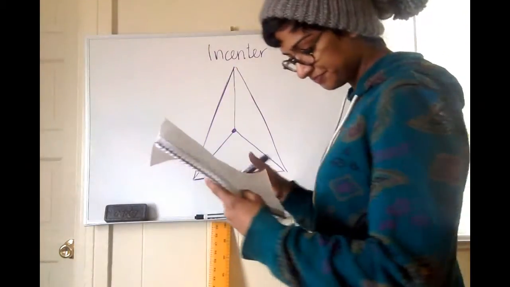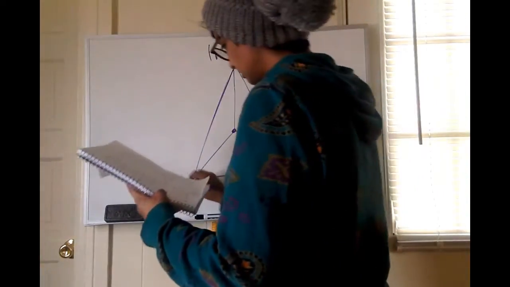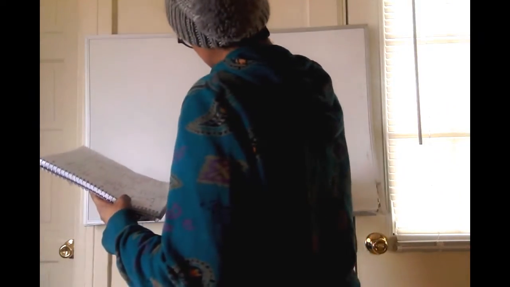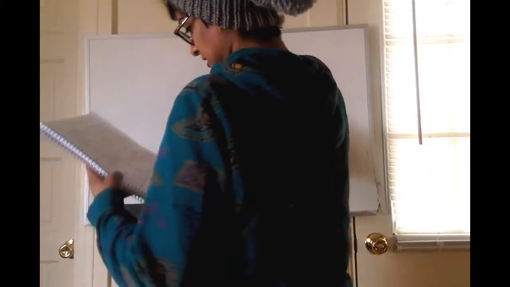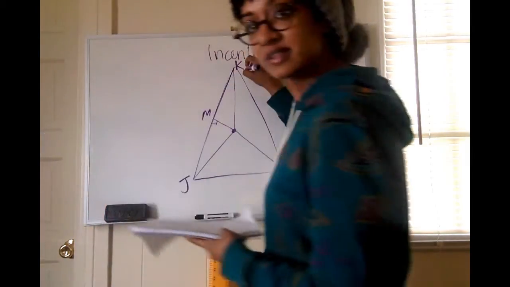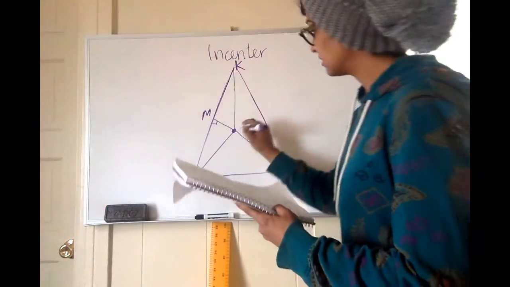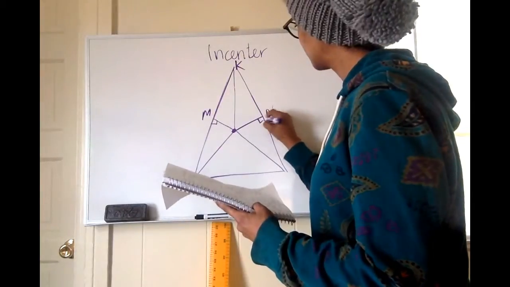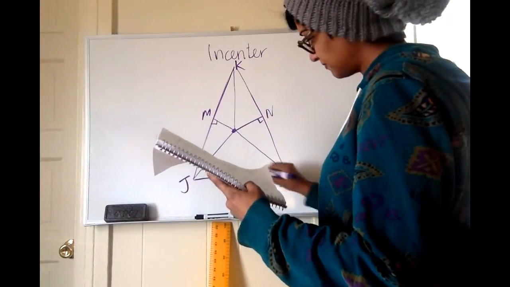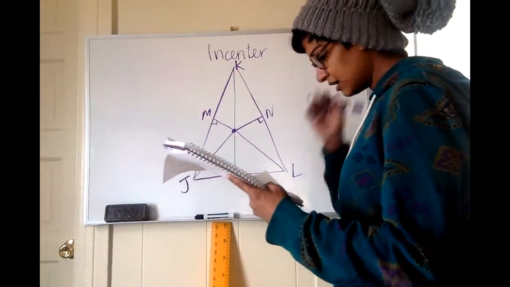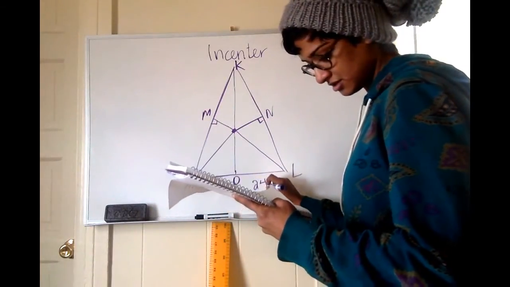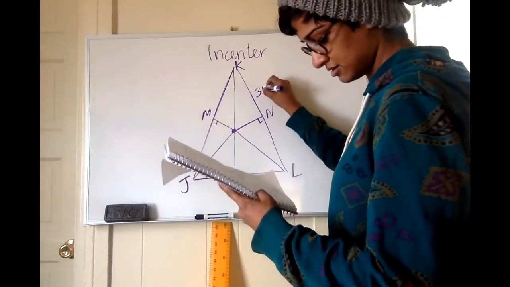Pretty good incenter. Okay, this is J. This is M. This is K up here. This is N. This is L. This is O. Okay, I'm going to give you 24, 30,